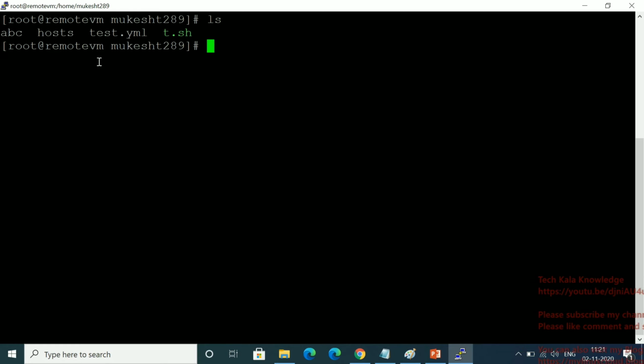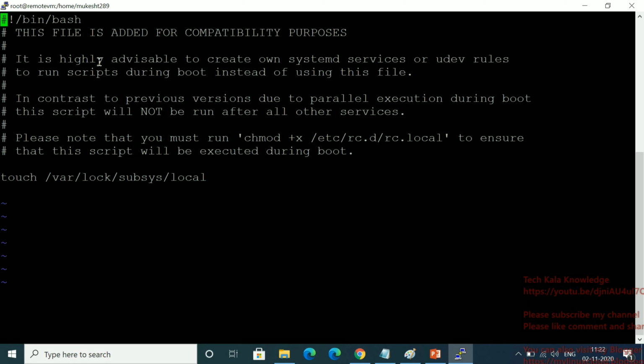What you have to do first is go inside /etc. I'm going to edit that file, using the vi editor. So vi /etc/rc.local. This is the file where you can set your command or a script.